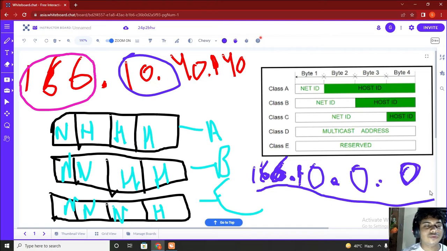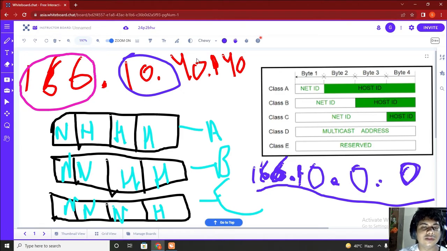If someone asks you what the network ID of this IP address is, the first step is to check in which category, in which class it is falling. After that you have to check which octets are reserved for network. You find those octets and write their values, and after that in the host octets you write 0. So this is your network ID